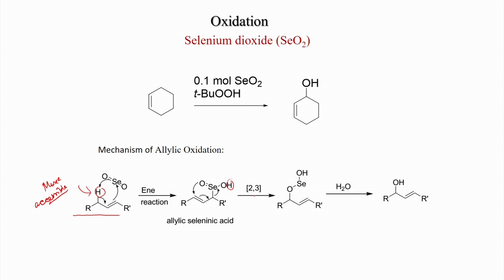So, that is why a 2,3 sigmatropic rearrangement happens. This is the allylic selenic acid, less stable. Now, again oxygen is reacting here and you get this carbon selenium bond breakage and you get this compound. And if you hydrolyze this compound, this bond will break and you get AcOH. So, selenium 4 becomes 2 and you get the allylic alcohol. So, 2 rearrangements of the double bond keep the double bond in the same place: first the ene reaction and then the 2,3 sigmatropic rearrangement.